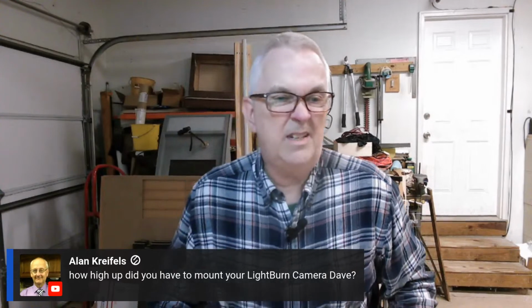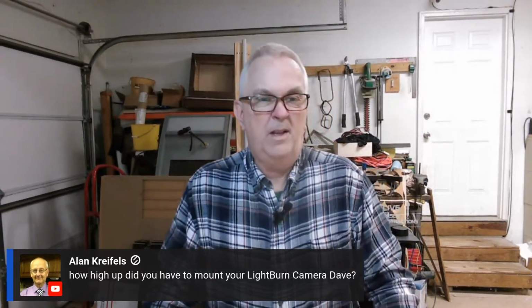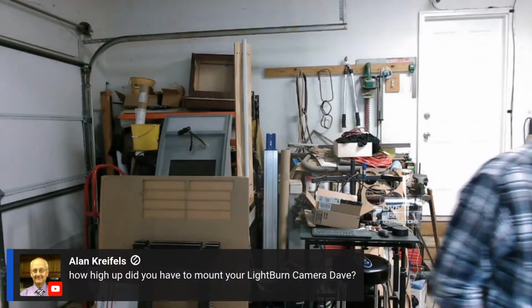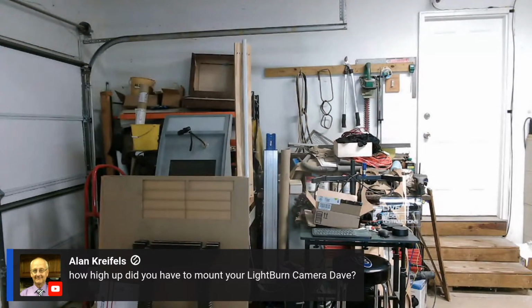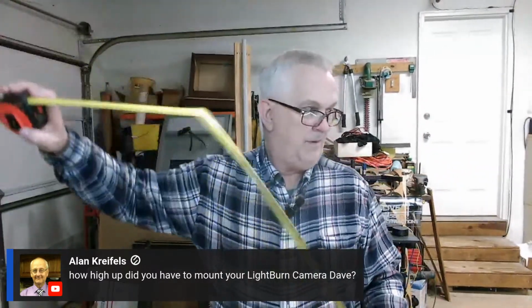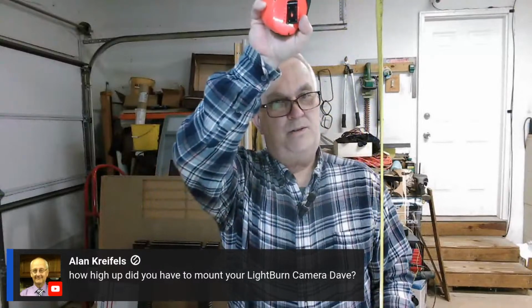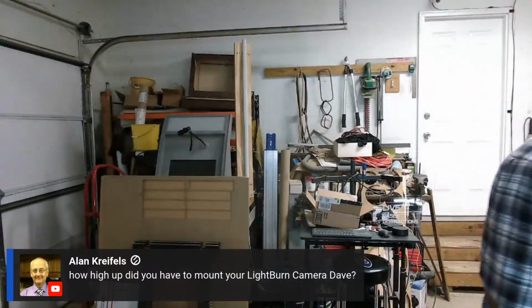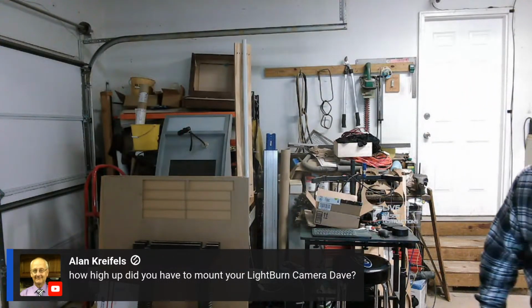Okay, Alan says, how high up did you mount your Lightburn camera? Well, let's see. Alan, if I put the tape measure on the bed and come up to just where the bottom of the lens is, it's 31 inches. And I don't think it's super critical as far as the height. I think what's more important is, like,